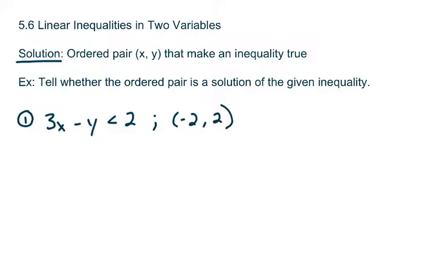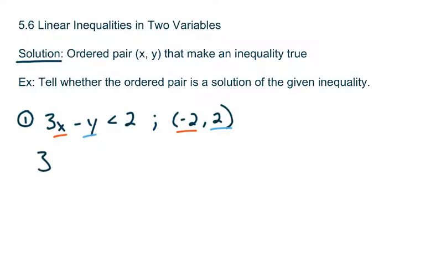the given inequality. We'll be given an inequality like 3x minus y is less than 2. We'll also be given an ordered pair like negative 2, 2. And what we need to do to determine if this ordered pair is a solution is substitute these two values, negative 2 and positive 2, in for x and y. I'm going to get rid of those marks. We'll do the x in red, we'll do the y in blue. So the x goes there, the y will go there,